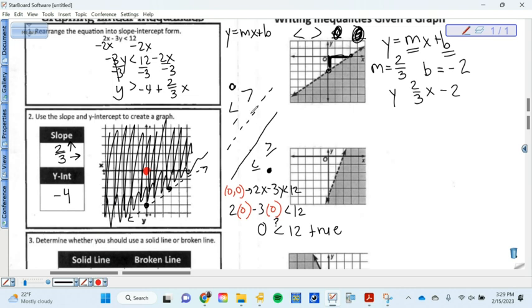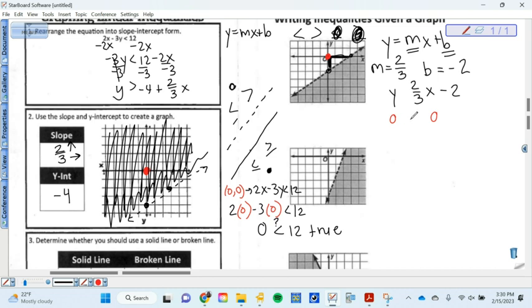So just watch. I'm still going to kind of do the same idea. I'm still going to pick a point and test that point. So I'm still going to look at 0, 0. And the first thing I want to think about is, is 0, 0 a solution in this example? It's not, right? Because it's not in the shaded area, okay? So that means when I plug in 0 for x and 0 for y, I should end up with a